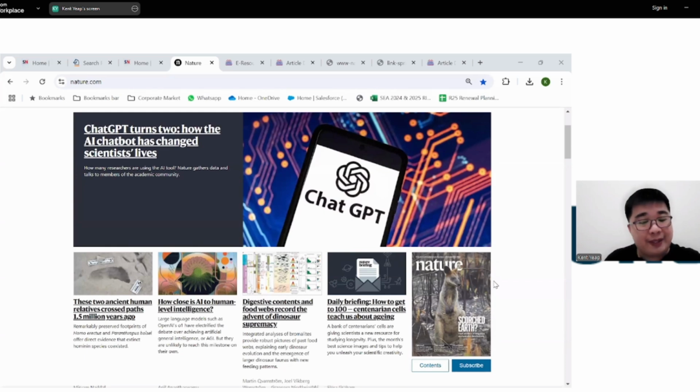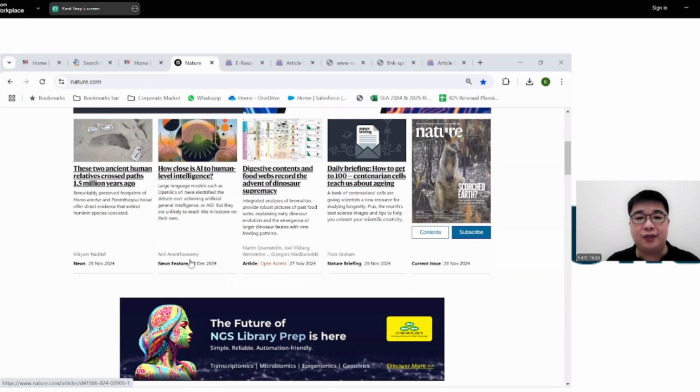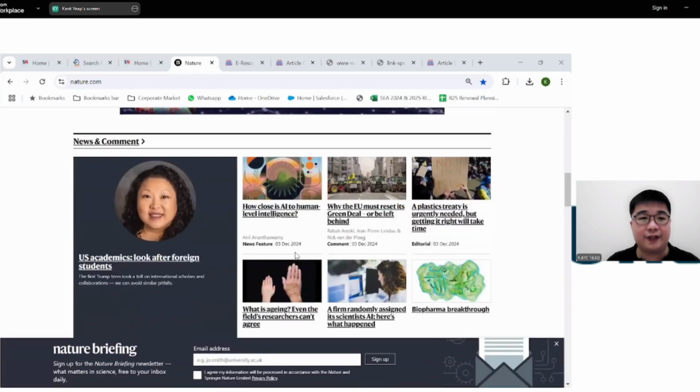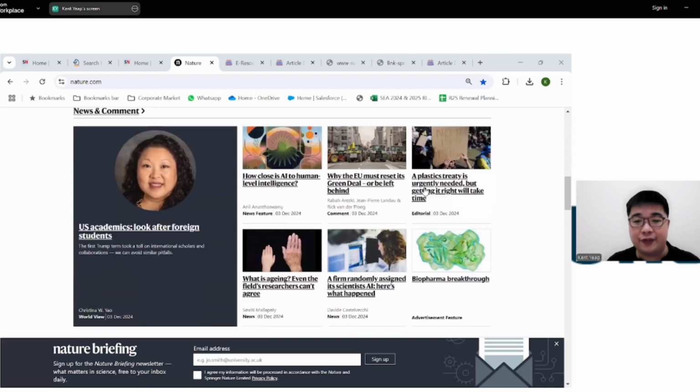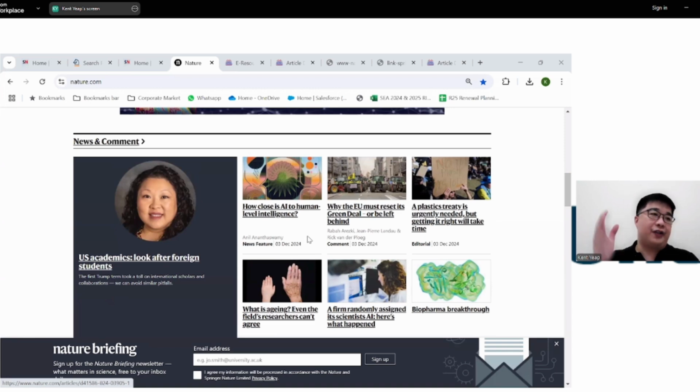And Nature is a little bit different, also because it has what we call a front half and a back half. The front half is what you see here generally. So things that are not necessarily research articles, or the traditional research articles, but are things like a news article, a news feature, a briefing, a commentary, an editorial commentary, even some advertising. So how is this different? As I showed you in the earlier journal, the International Journal of Automotive Technology, the entire booklet of that issue is pure research articles, right?